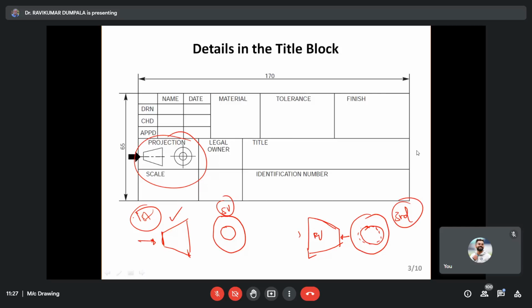Always remember, when you see a blueprint, nowhere will they mention whether this is first angle or third angle projection. And when you have only two views, it is confusing. You have to decide based on which side you're seeing from and where the other view is. So we assume one is the front view. You can assume any one of them is the front view. Then you have to see the other view as a side view, and see where exactly it is coming. So that is about first angle.